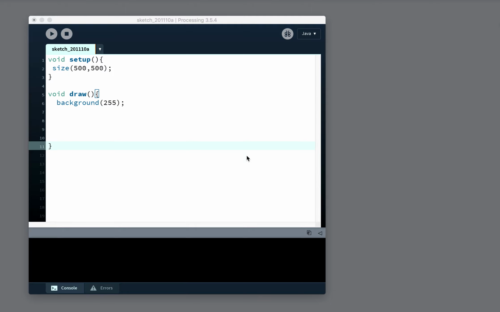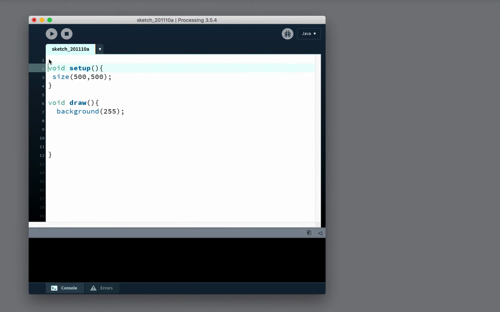We are going to use if and else if statements to make a circle change color after a certain number of times the draw method has been counted. So to do this, we're going to need a counter variable to count how many times the draw method has been called. We're going to call it I,